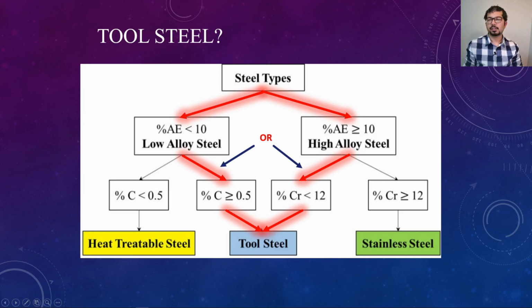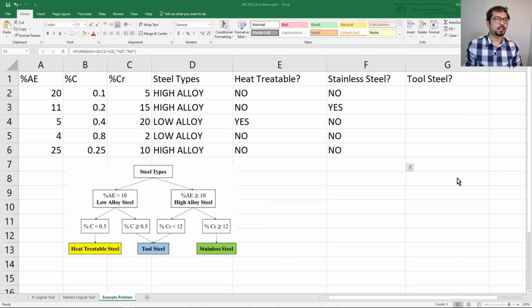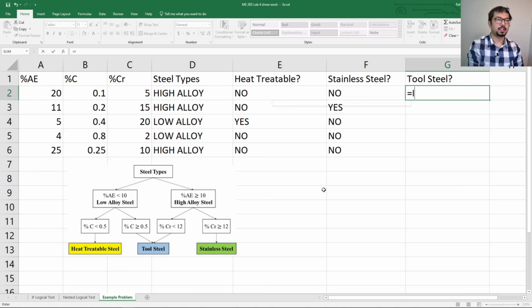So let's go back to our Excel and let's implement this one. Okay, so as we've seen, we need nested logical functions. So first, as always, let's type IF. Now let's think about it. First, let's just see what the condition is. As we said, we can take this or this, so we can have an OR condition. And then we can have the first condition, which is the AE less than 10 and the carbon content greater than or equal to 0.5%. So we can have an AND function,